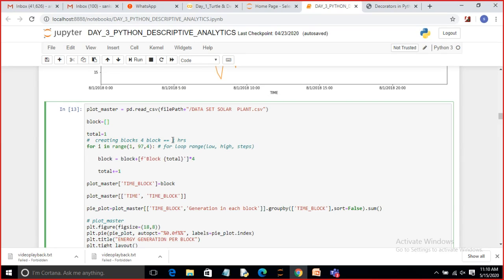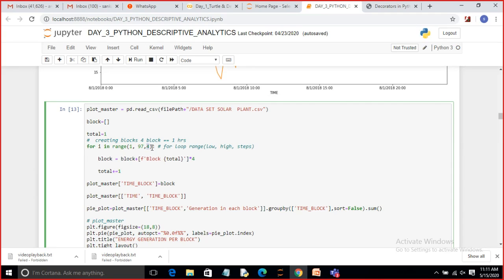For each 1 hour, 4 blocks will be created. We are having totally 96, so we are getting 97. So we are creating 4 blocks per hour. So we have to give the step.